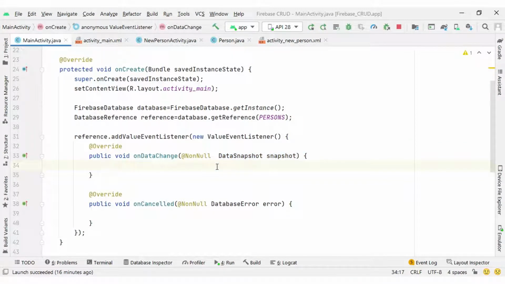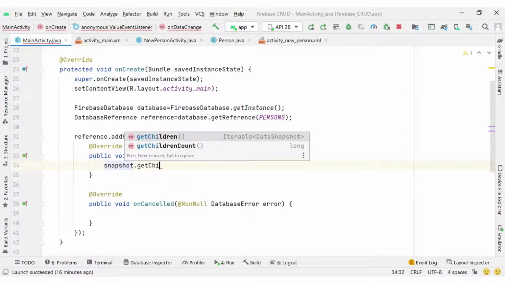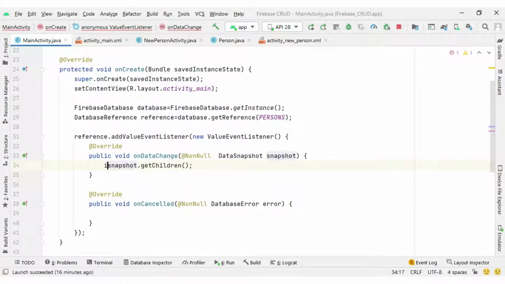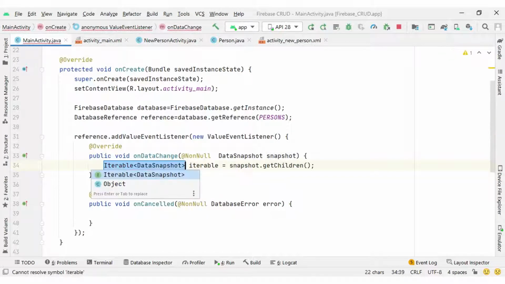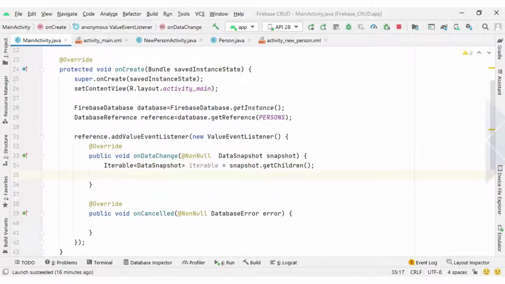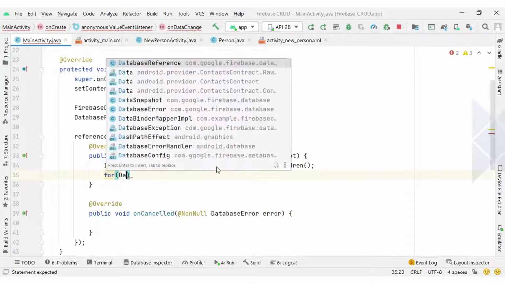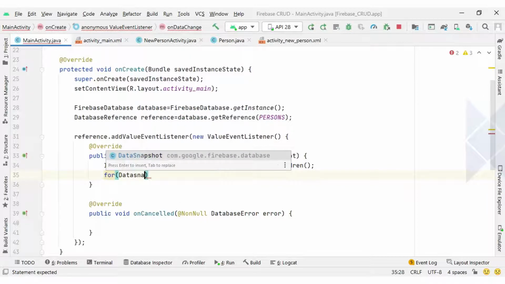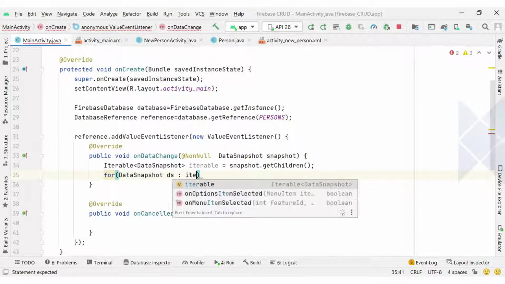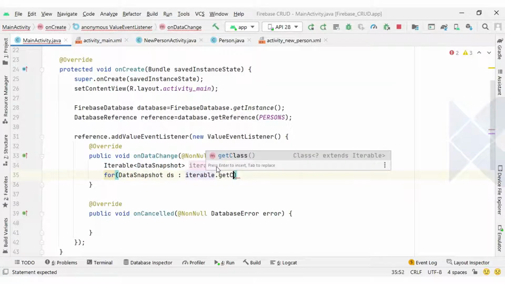Accordingly you can find the snapshot.getChildren method. It returns an Iterable type of object, so I will create the Iterable instance here. With this iterable we can have a for each loop, and it will have the DataSnapshot list. So I will create DataSnapshot ds from iterable.